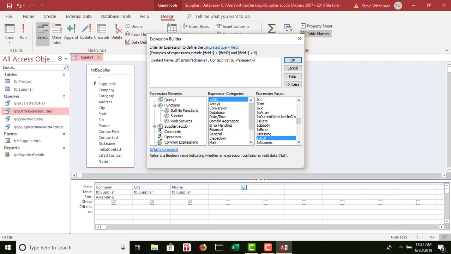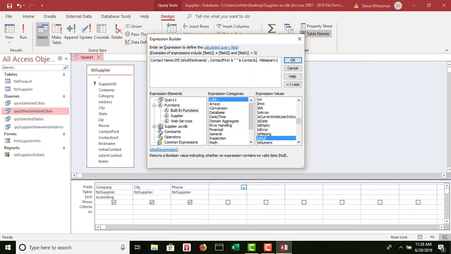That's your concatenate. That's what we use, an ampersand. It's shift number 7. Space, quote, space bar, quote. This is going to tell it to put a space between the first and the last name. Okay? Space and another concatenate. I'm adding this together. Space, contact,